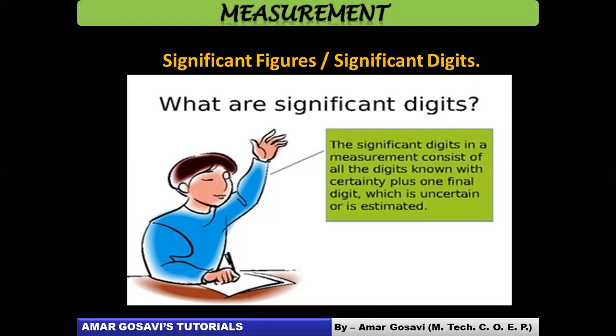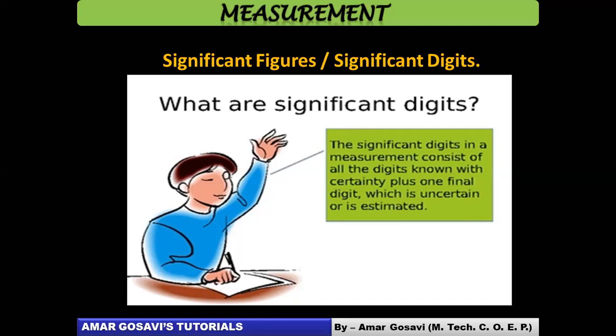But then there are certain rules also for how we actually work out the significant digits. You should be aware of these rules. If you are aware of these rules, then it will be easier for you to solve the problems also. So let's go through the rules one by one before I make you work out some problems on order of the quantity and significant figures as well. Take a screenshot of this so that it serves as a definition for you so far as significant digits are concerned. When we take examples, things will become clearer. All right, so let's move ahead.